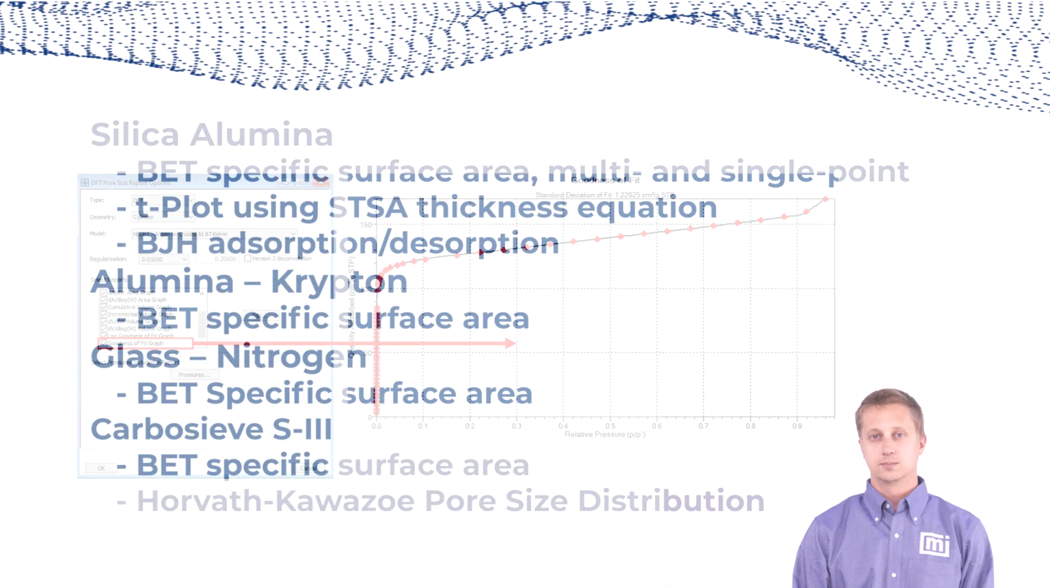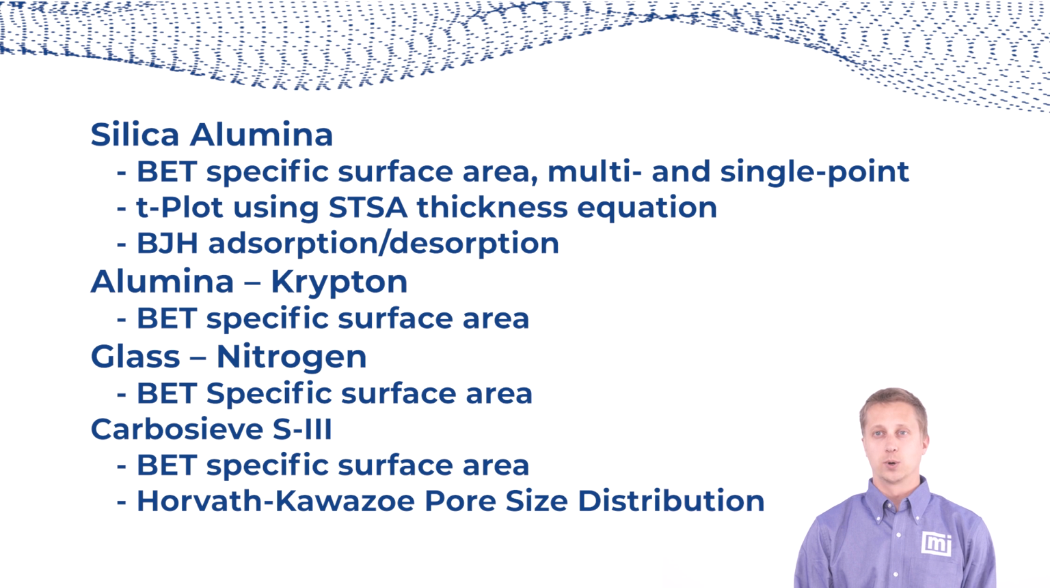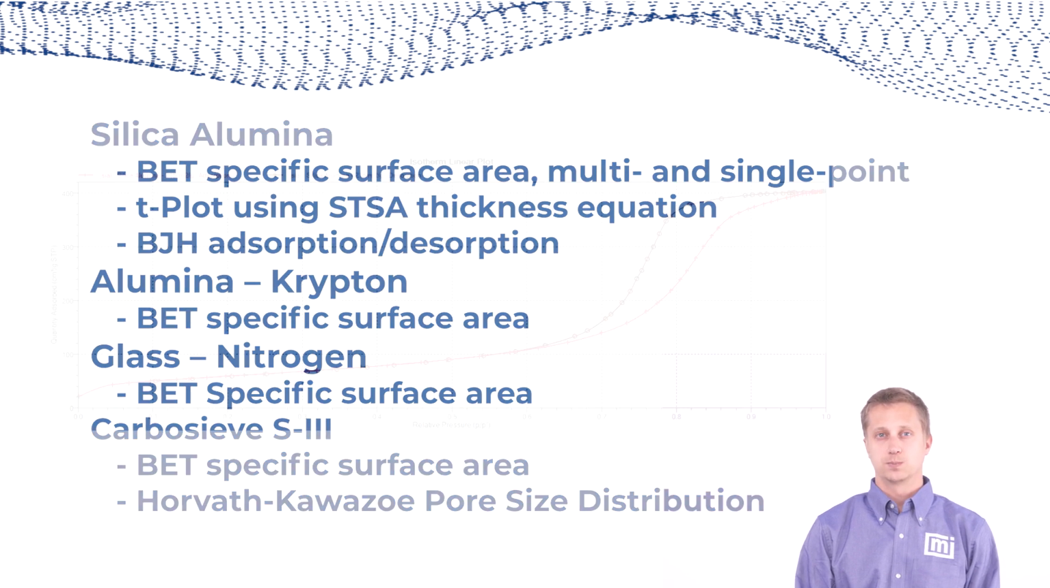Now that we've looked through all the common reports that are available in the software for nitrogen physisorption, next we'll talk about a few different examples that encompass a variety of the different reports that we talked about previously. The first example will be silica alumina, where we will look at BET surface area, the t-plot, as well as BJH adsorption and desorption. Next up will be alumina, where we will measure BET surface area using krypton, and after that we'll be looking at glass, where we'll look at BET surface area using nitrogen. First up is our